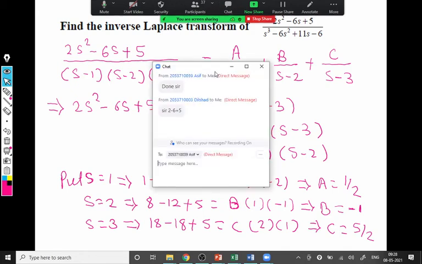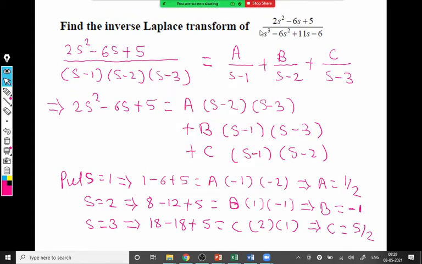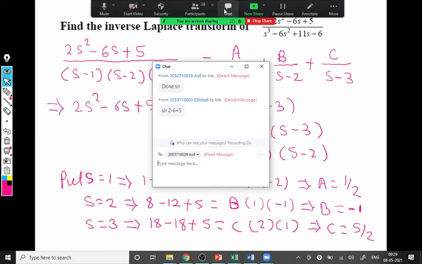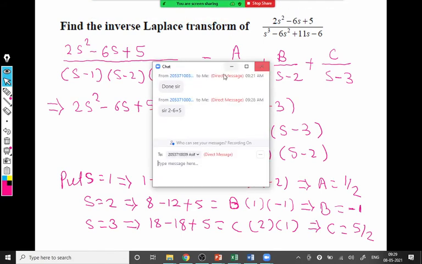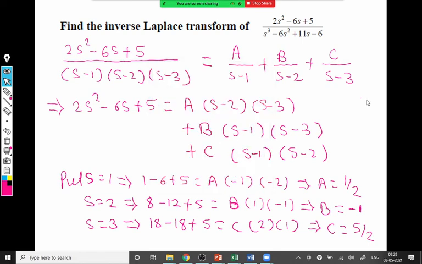If you have a doubt, yes, you can ask. If not, is there any problem? Any problem in getting the value of a, b, c there? Yes, Dilshad. We replace s by 1. So if you replace s by 1, yes, correct. It's a 2 minus 6. But I think I written the answer. Yes, Dilshad, you are correct there. It's a 2, because it's 2s square. So 7 minus 6 is 1 only, I taken there. The answer is correct.